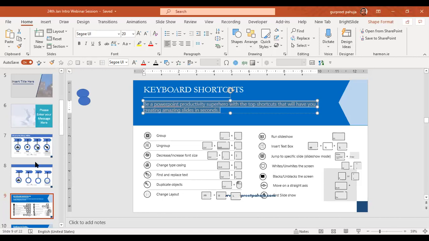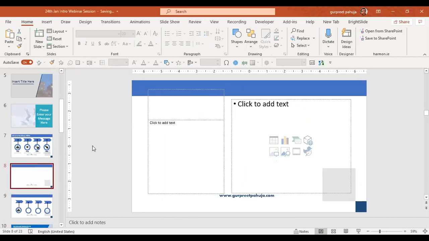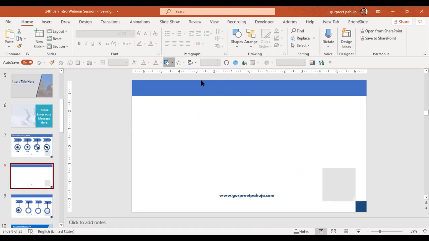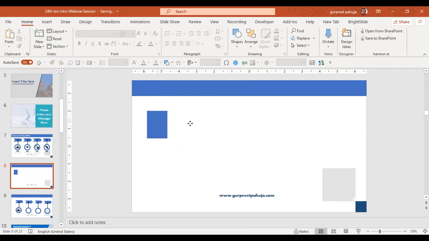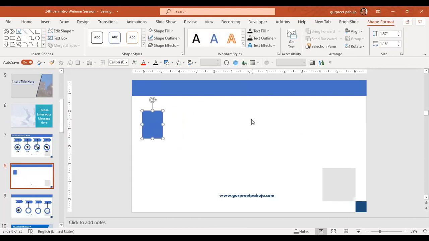This is a very wonderful option in PowerPoint. Suppose I want to make four or any number of shapes like this. I will do Control D. Let me do it again for you. Control Z. I made one shape. I want multiple of them, and I want them in a proper sequence, so I do Control D.